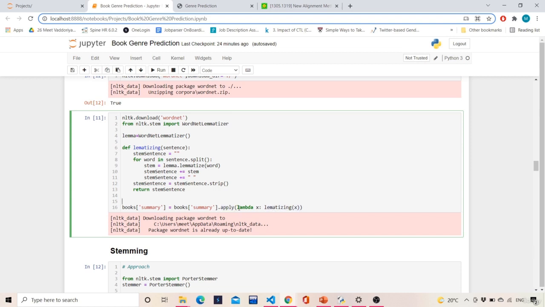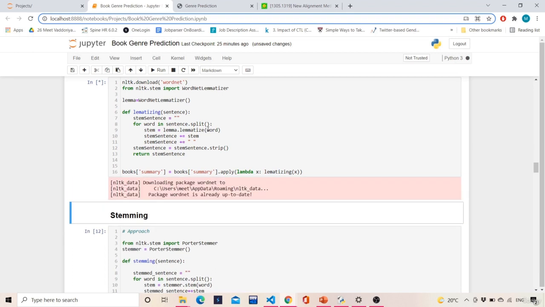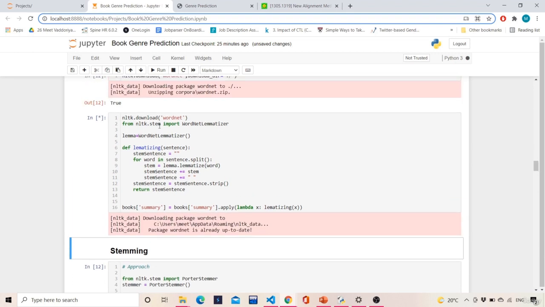So if we execute this, it will take a little bit of time because this NLTK WordNet is a very big file, and this function will also take time because there are many summary sentences we are passing. So yeah, it's already done.